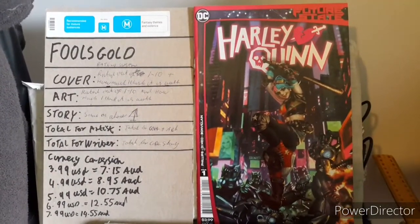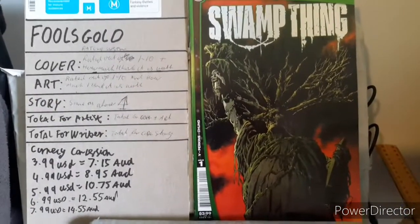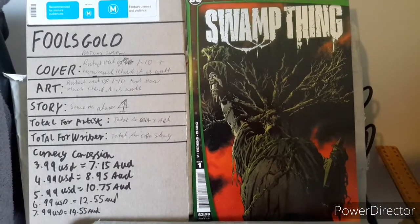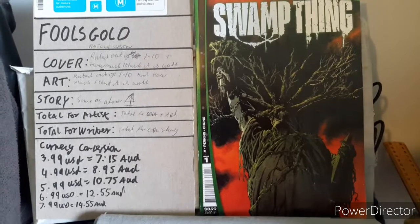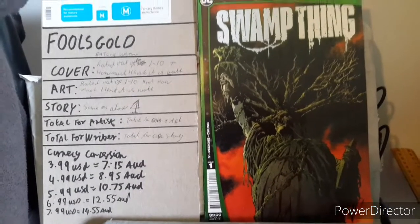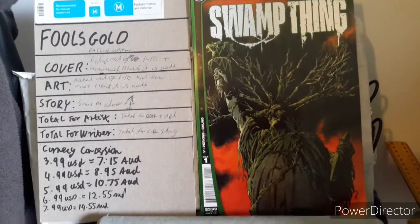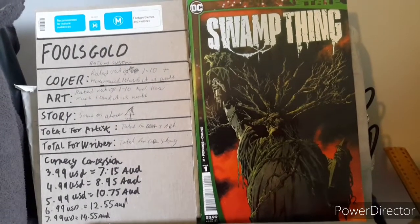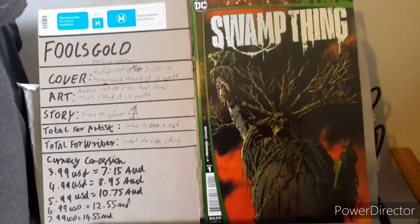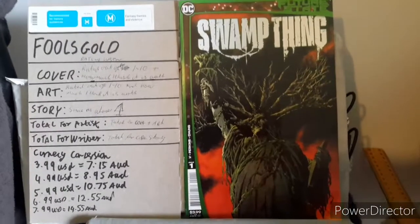Time to move on to Swamp Thing. As we begin to move on to Swamp Thing, this cover I found really interesting, and the way it's done is also connected to something that happens within the story, to which I believe the cover is worth, in rating, a 6 out of 10. How much do I think it's worth? About $1.25. So let's move into the internal art,